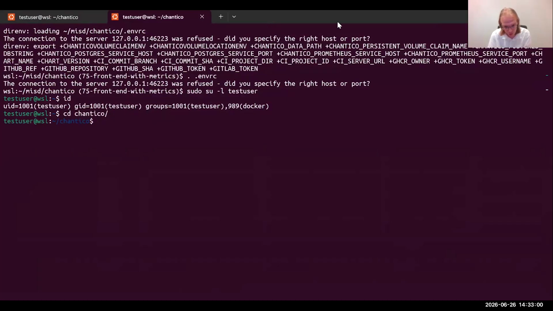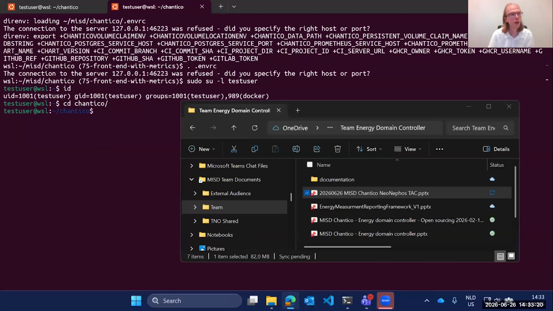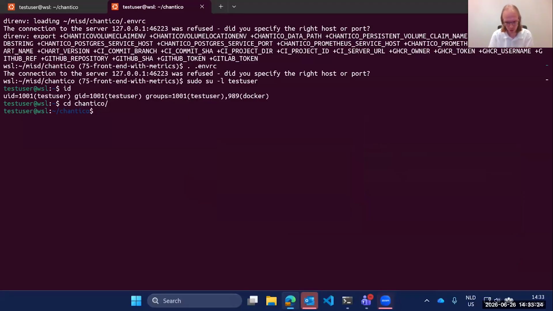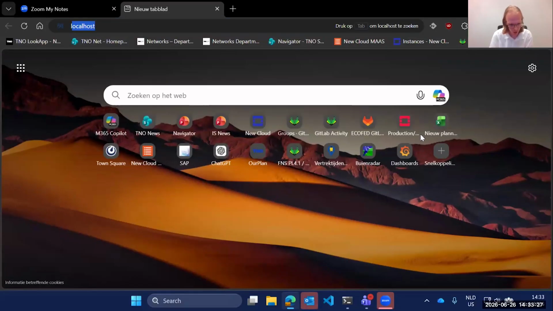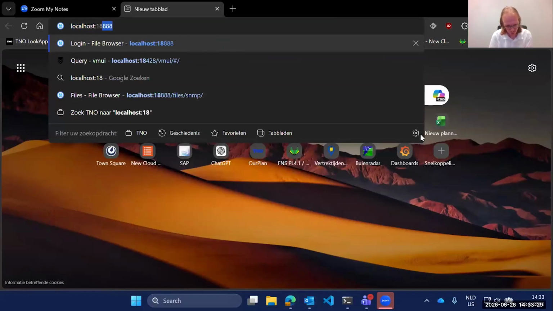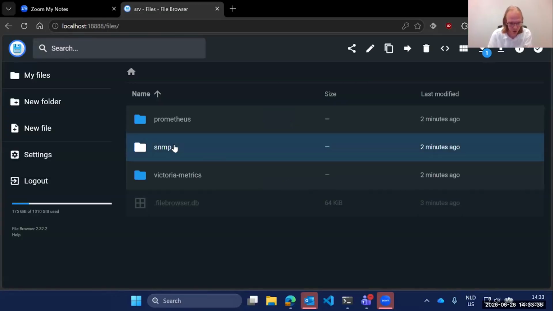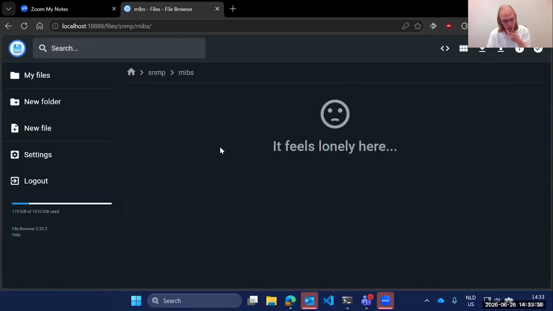I think I should instead share my entire screen rather than this window. Let's get this out of the way and go to here. There are actually two ways to provide some required files that we need, because in order to monitor SNMP devices, we have to upload something called MIB files.